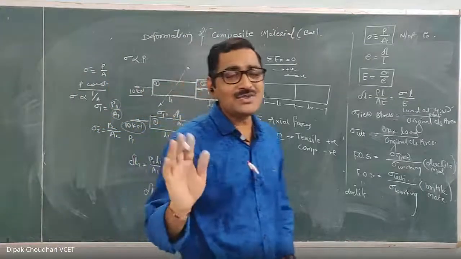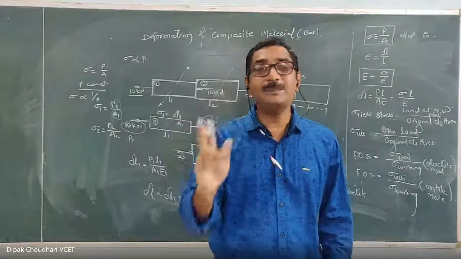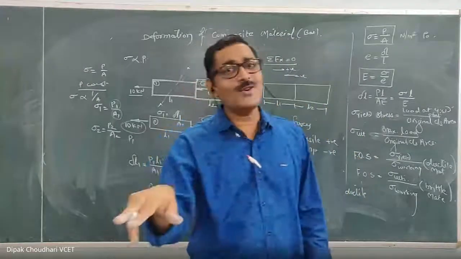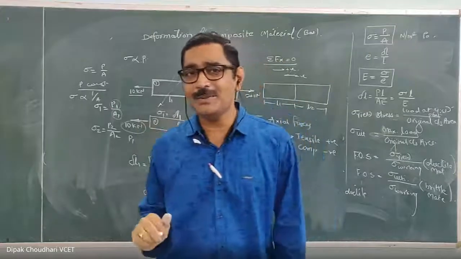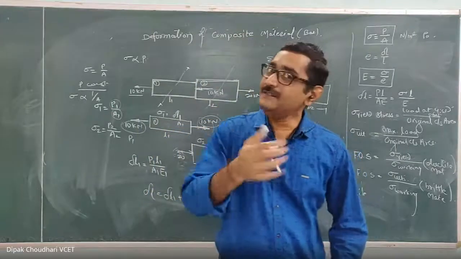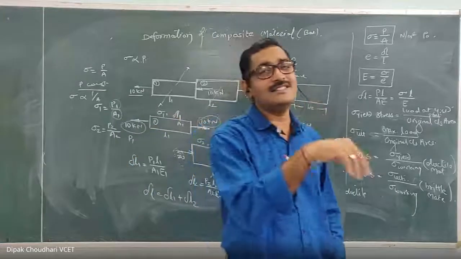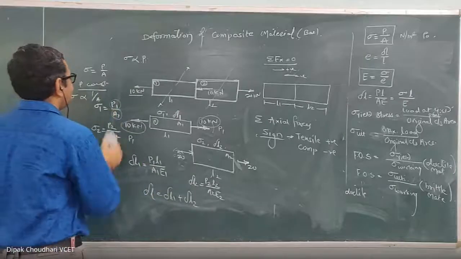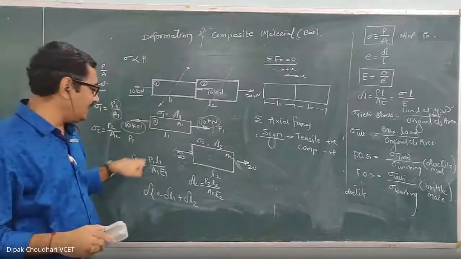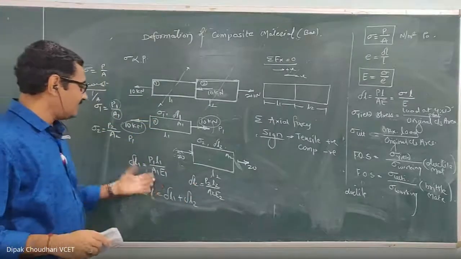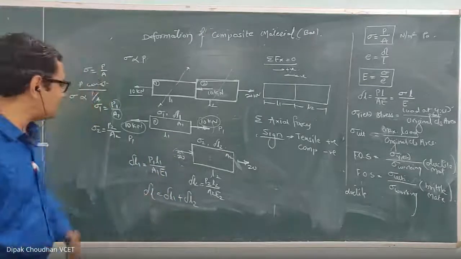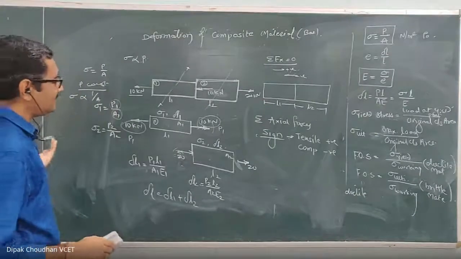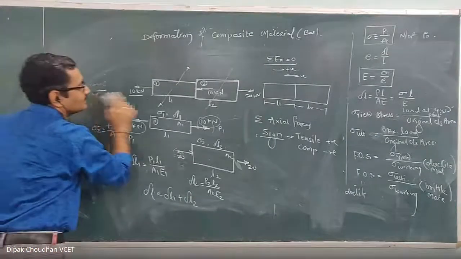Remember, stress does not always depend on P alone. Stress depends on P upon A. But if A is constant, stress is directly proportional to P, the axial force. And if the axial force is constant, stress is inversely proportional to A. Now, is that clear how we can calculate delta L1, delta L2? And the total deformation will be the summation of these two. Is that clear how to calculate the stress in part 1 and stress in part 2? Here you have to calculate separately.